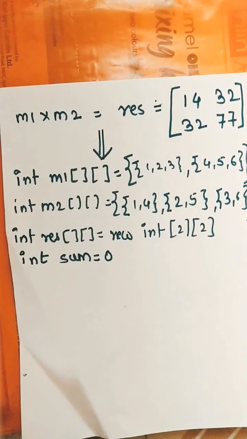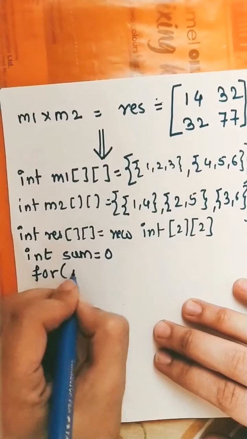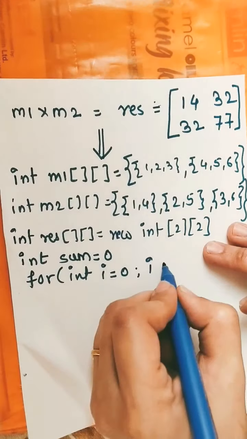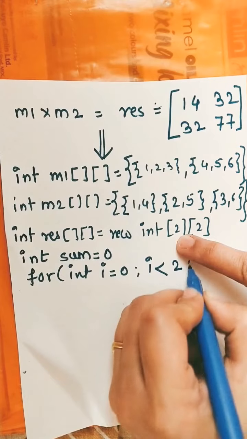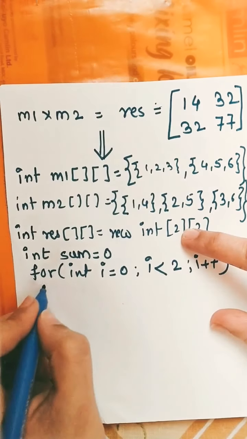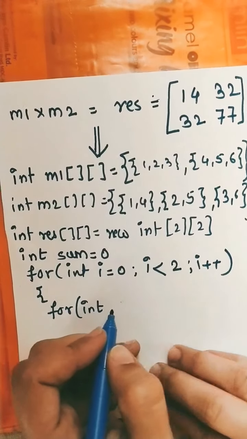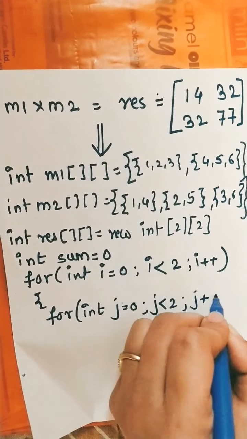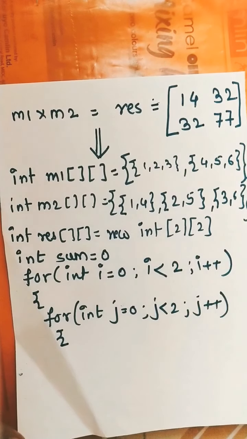To access data from the matrices, as we know, we have to use nested for loops. So we will have a nested for loop, first for rows. This will have a control value of the size of the resultant matrix. The row size is 2, so I will take i less than 2. For indicating the column, we will have j equal to 0, j less than 2, j plus plus. This indicates row and column.